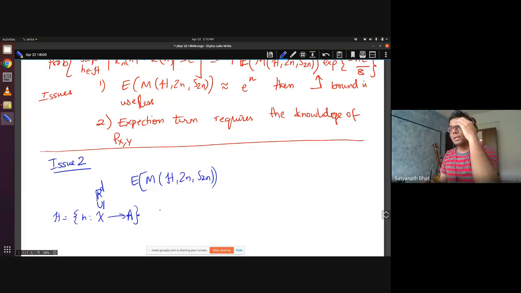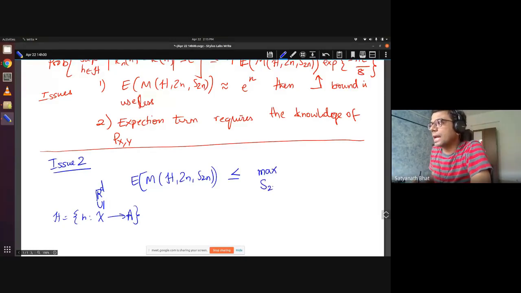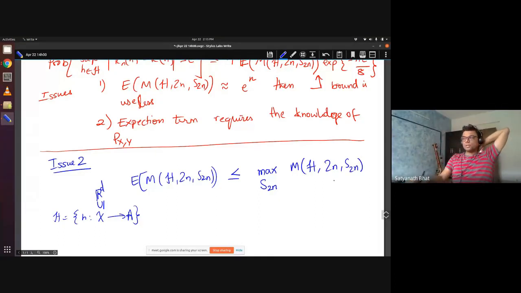So instead of trying to take an expectation, we will look at this number instead. We will try to find out the max over all possible arrangements, the max over all possible arrangements, of how many distinguishable functions there are. So what is this on the right hand side? This is telling you to consider all possible configurations of your 2n points and then tell me the maximum number of distinguishable hypotheses existing owing to your hypothesis class H.